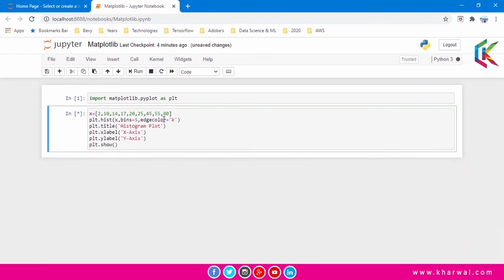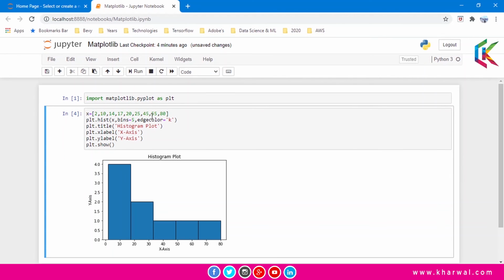Now if I run this script, you can see clearly 5 bins are there in this histogram plot. This histogram plot is showing that 4 numbers are between, let's say, 2 to 17, and those are 2, 10, 14 and 17, and 2 numbers are between 17 and this number, which is approximately more than 30.